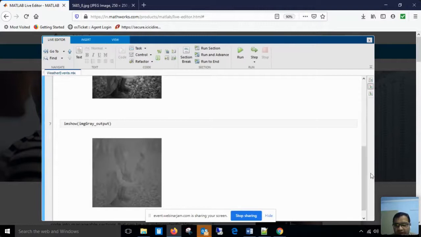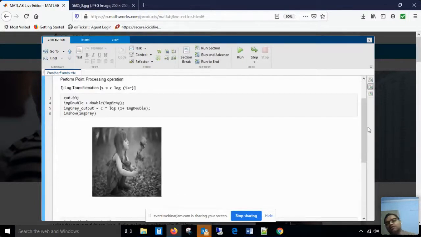So some brightness is there. So you can see this is the way we perform log transformation. The most important thing is that you have to choose an appropriate value of C. And the second important thing: R, the input image, is by default in unsigned integer 8 format, so the log function will not accept it. Then you have to convert it to double so that the data type of the matrix is changed, and then you have to pass that changed matrix to the log function, right?